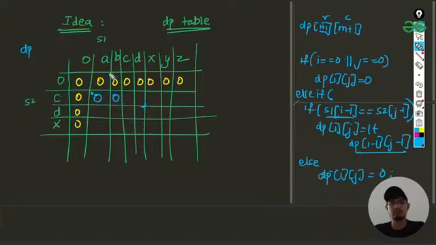They'll again get 0 because B and C are not equal. In the third case, they'll move to the C part. In the C part you can see they are equal, so it will go into the second, else-if condition, and they'll increment dp of i minus 1 j minus 1, which is 0, by 1. So they will be adding 1 here.